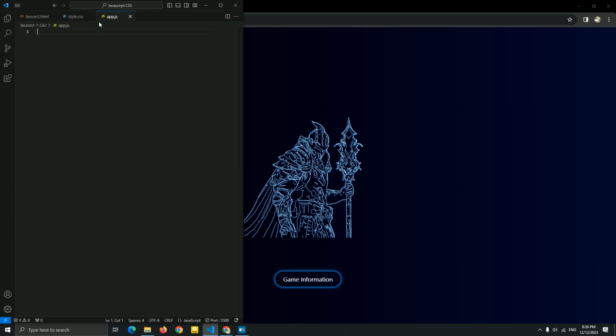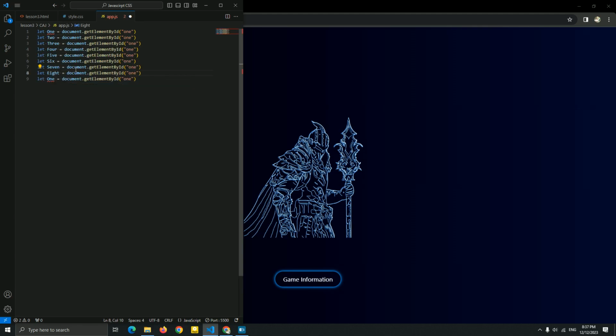Okay, now let me just add it here. Let one document get elementary ID 1. Very simple. Okay, now let me just copy this for 2, 3, 4, 5 for this line. We just add a new name for this line as 1, 2, 3, 4, and we're gonna add animation for this line. So first, let me just add a more as image 1 and image 2 and the text 1. So let me just copy this, paste it.